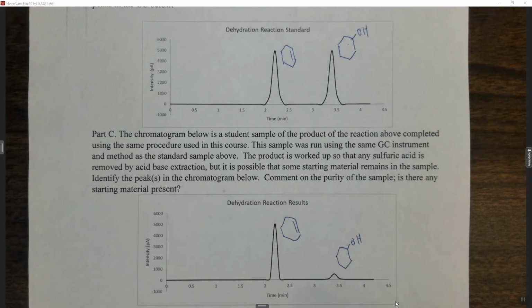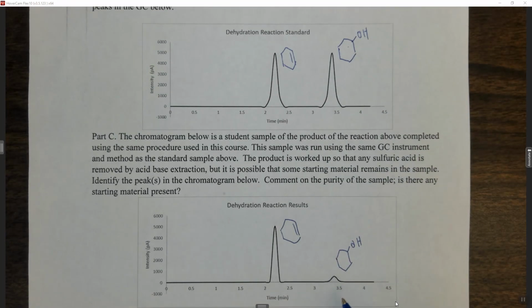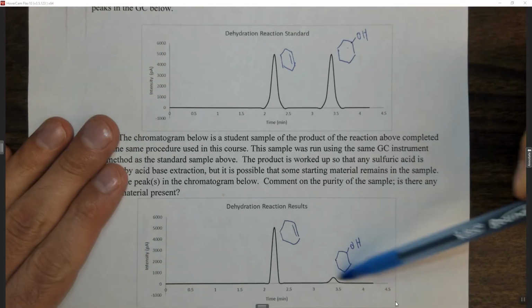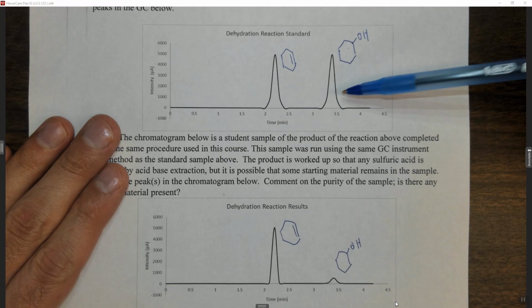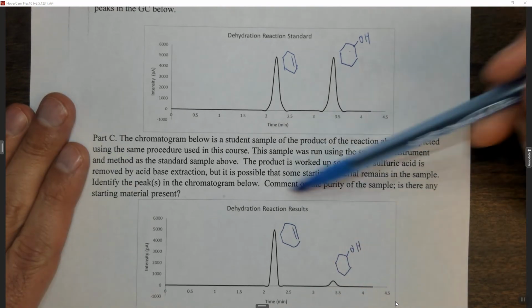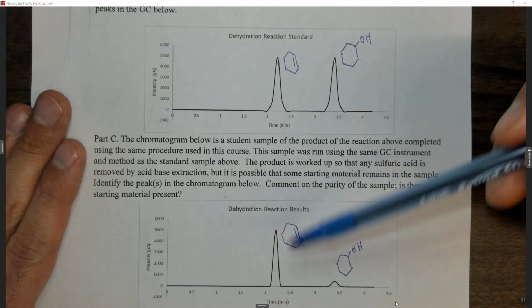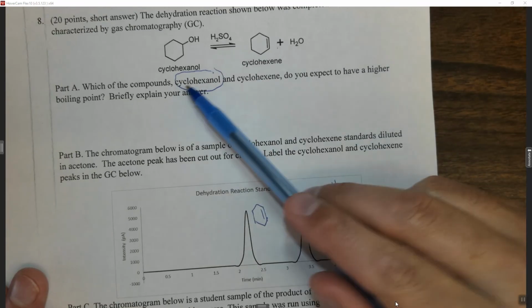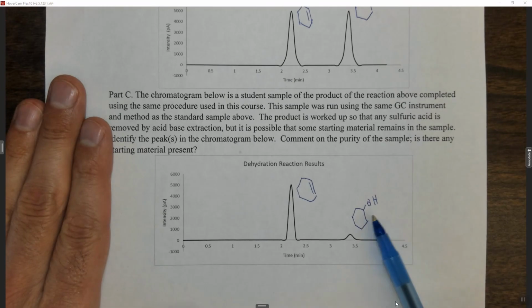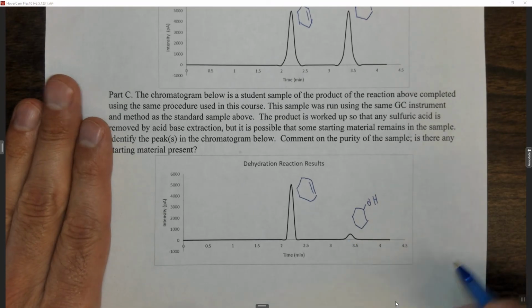Now, it is important to note that retention times are not absolute, right? If you take some unknown mixture and shoot it in there, you can't just assume it has the same retention time as the same compound. That said, if the mixture is known, if you know what could be in it, then the retention time is telling. So in this case, we have some cyclohexanol here. There's certainly less of it than there was in the standard relative to the amount of cyclohexene, but that said, it is not perfectly pure. There is starting material present. Remember, our goal was to convert cyclohexanol to cyclohexene, and our product has some cyclohexanol in it, meaning that it's not